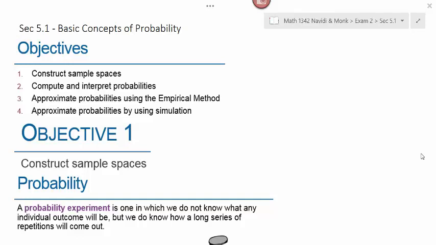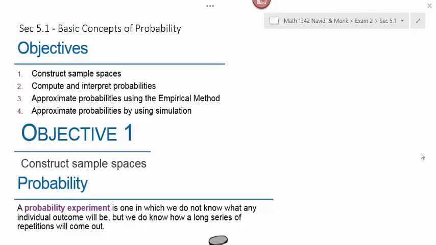Section 5.1 is basic concepts of probability. Most statistics students say that this is the toughest section of the course, so just know that before we get started. We're only going to go over one section tonight, so try to do the homework before you come to class, because you know it's going to get more difficult